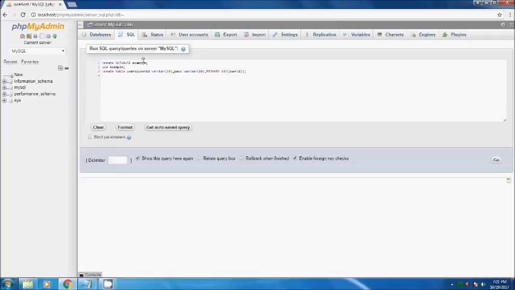So that statement is done, and the next statement is insert into users values. Insert into users values, you're going to insert root, comma, root, semicolon, and